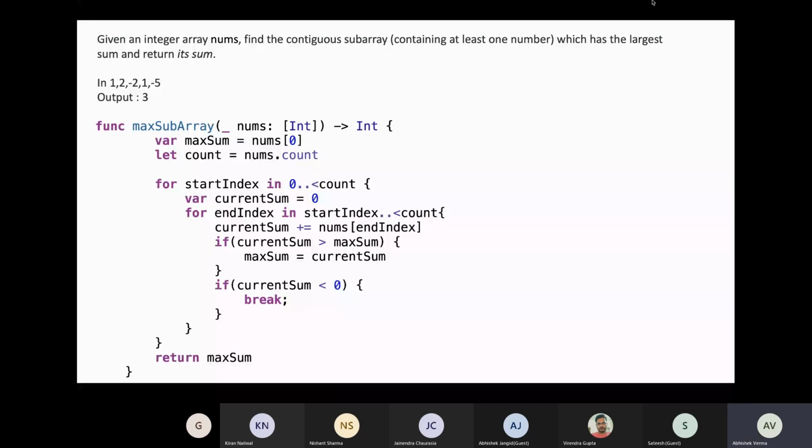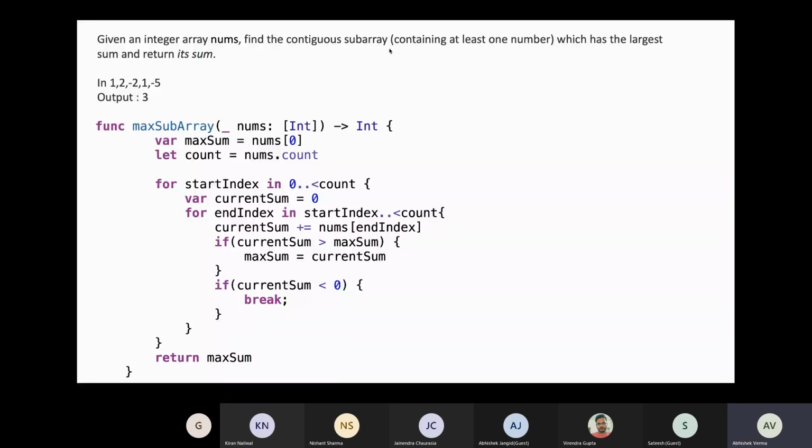Another question could be, although the given statement says it contains at least one number, we should also clarify if the interviewer has not said whether the array can be empty. If the array is empty, we have to ask what maximum sum I am going to return: Integer.MIN_VALUE or 0? That question we can also ask.